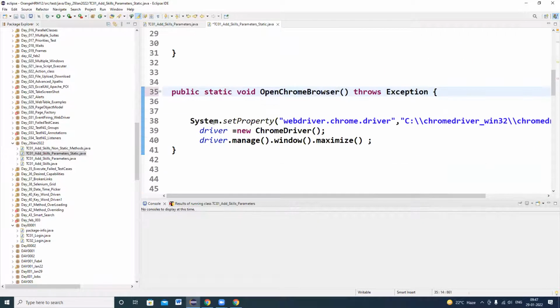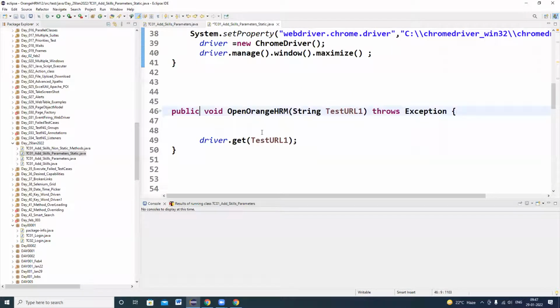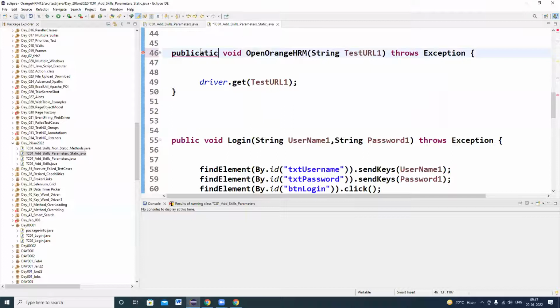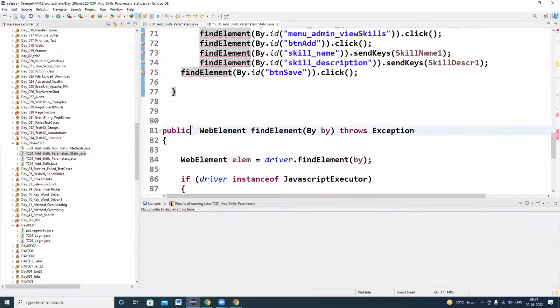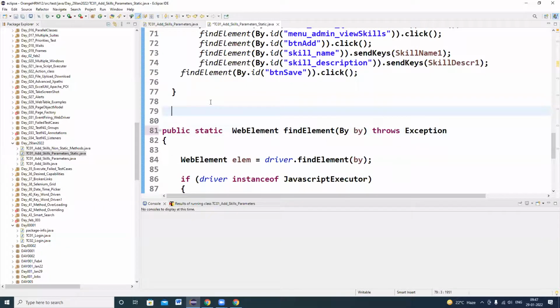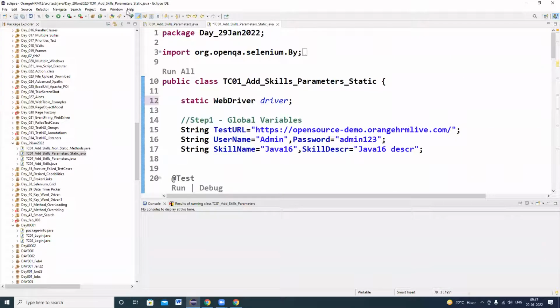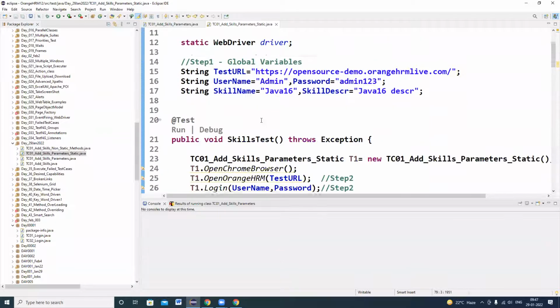So I am declaring all other methods as static. Right, so I have written all other methods also static.